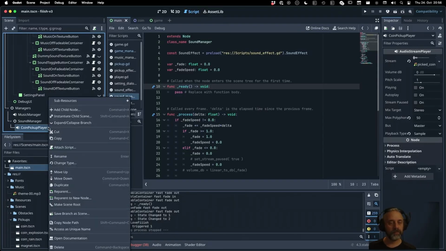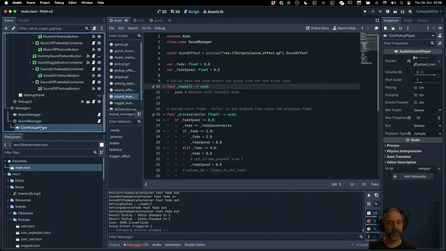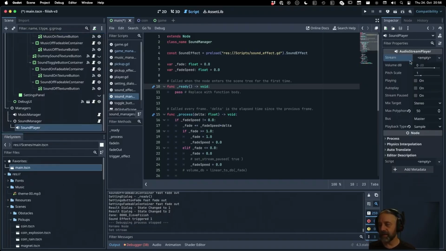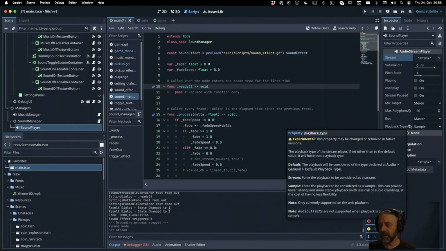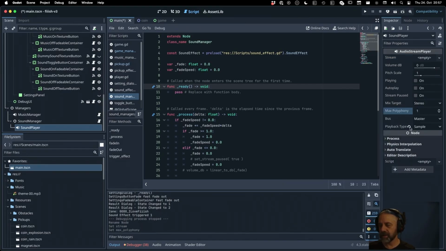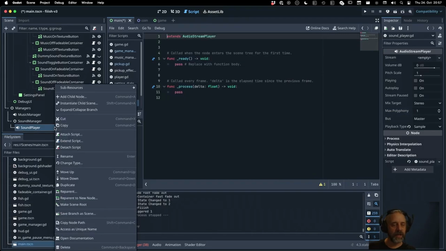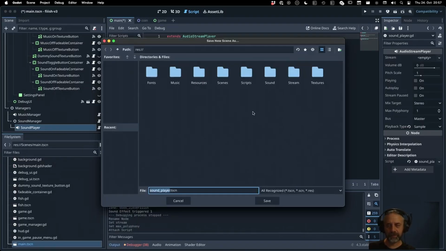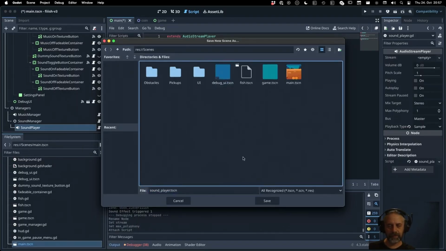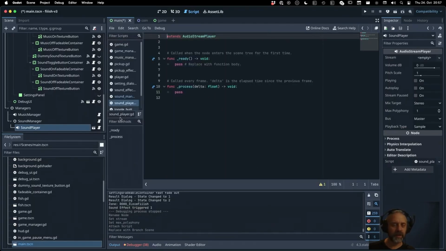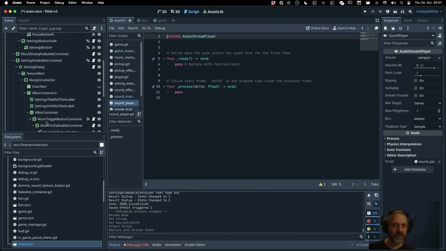So what if we call this sound player, right? Reset this for the moment. Sample is fine. Let's actually set this to this. Add a script, sound player, right? To be done, and then say save branch as scene. Not sure if this is the best place. We still need to clean this up, right? So now it's a scene, and now just like in the game manager,